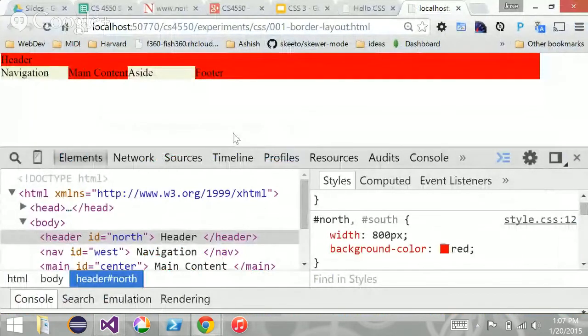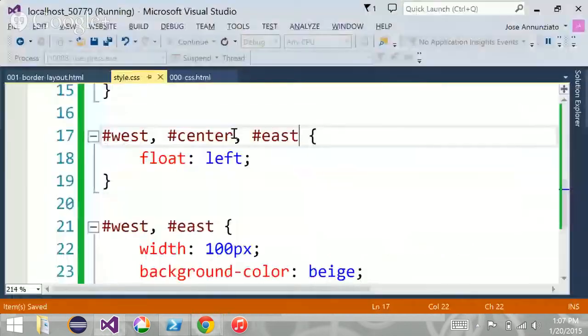All right. So notice that the navigation, the main content, and the aside are side by side. The correct width, 100 and 100 pixels. But the footer is coming up. It's floating. It's going around it. What we want to do is say stop the float. I don't want you to float anymore, meaning I want you to go back to your original rendering of blocks, just adding the new